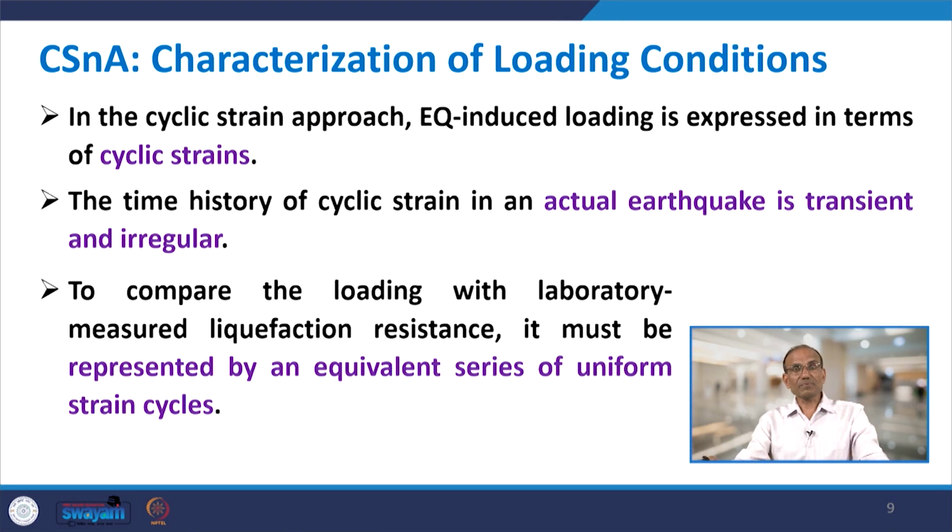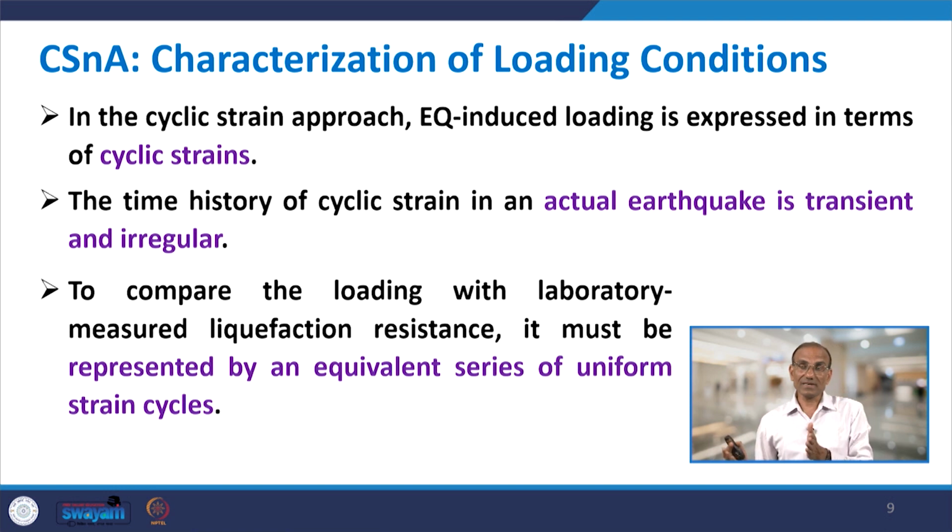In the cyclic strain approach, earthquake induced loading is expressed in terms of cyclic strains. In the case of cyclic stress, it was expressed in terms of cyclic stresses. The time history of cyclic strain in an actual earthquake is transient and irregular, not a regular time history, and this was the case for cyclic stress too. To compare the loading with laboratory measured liquefaction resistance, it must be represented by an equivalent series of uniform strain cycles. This is on the same lines as we discussed in the cyclic stress approach,